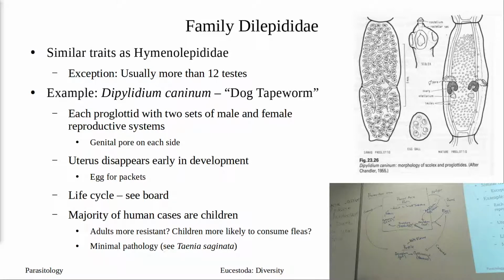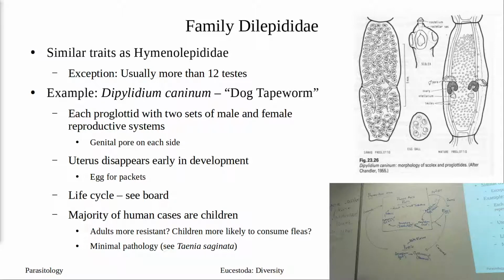Now, I think I have on the word list, thank you, Kyle, that I had uterus to identify. The uterus disappears early in development. So it's gone. You can make out the uterus in our Taenia slide. You can actually see the uterus without any eggs. But on this guy, we can't, because what ends up happening is the uterus starts disappearing in development, and then